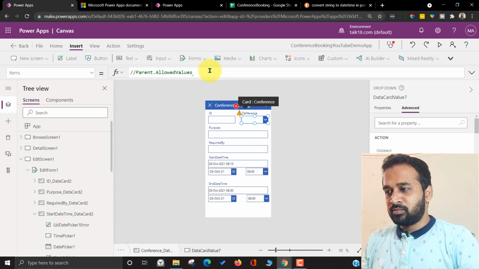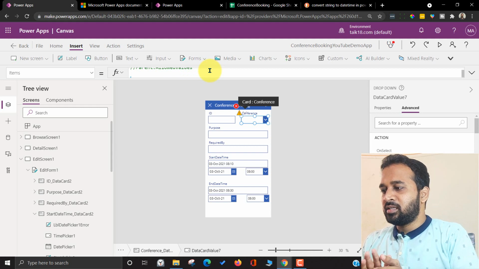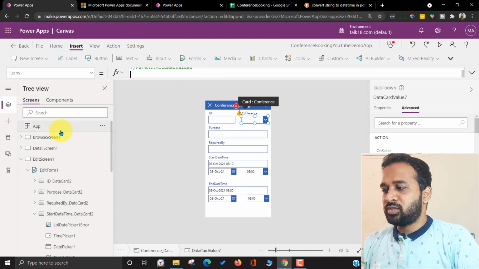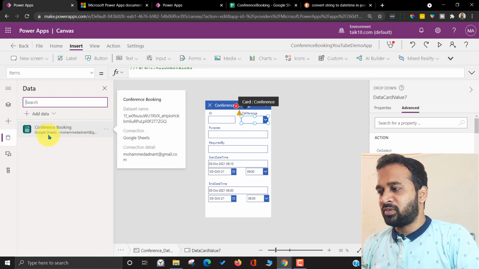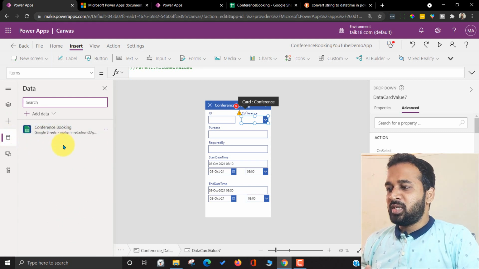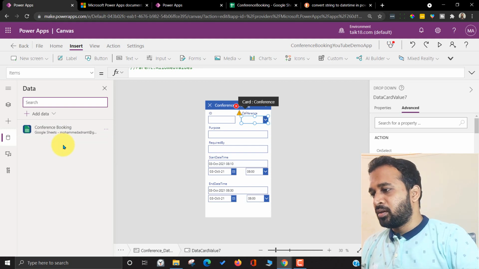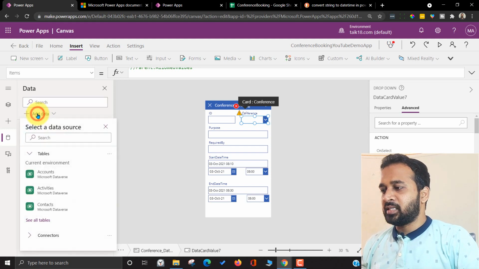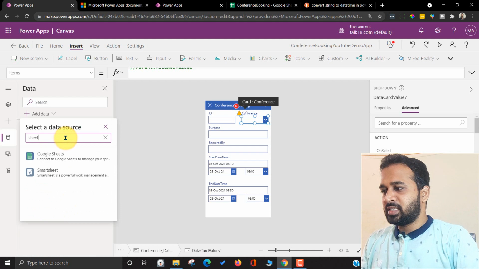Let's comment this out now. Instead of this, I'm going to use a data source which we have already imported, which is Conference Booking as of now. It means we have not imported the master so far, so we need to import the master now. I'm going to click on add data, then go to connectors, or else you can search here for sheet.